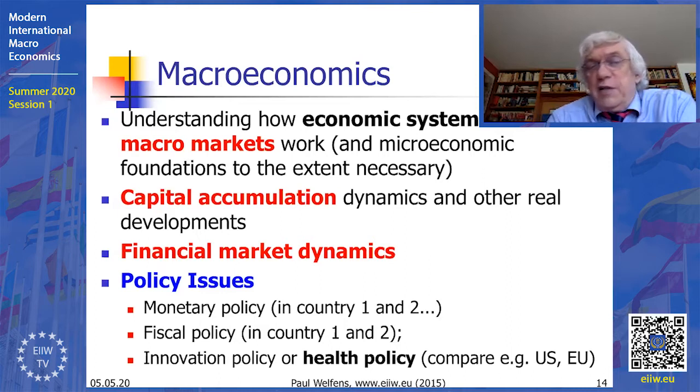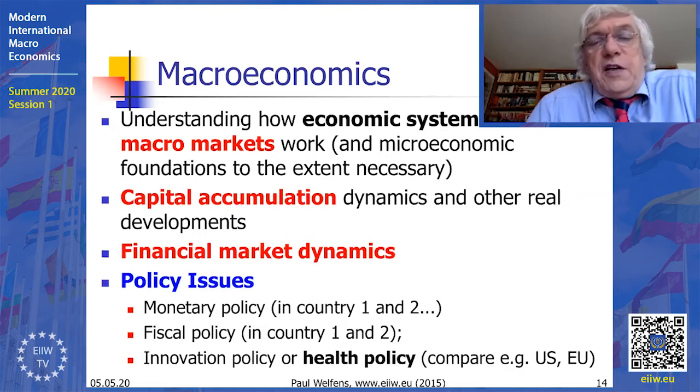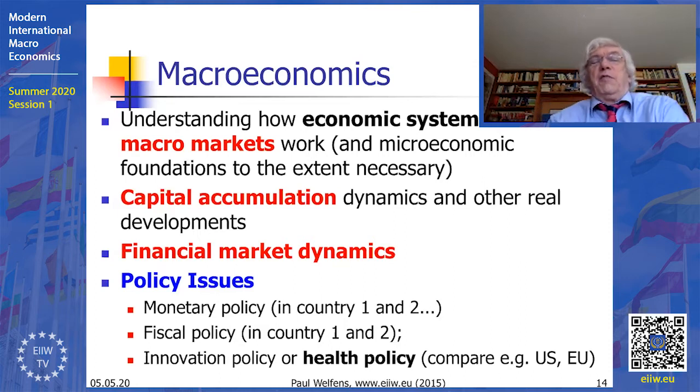We have financial market dynamics where you can have risk premiums, in the sense that risk premiums can occur across countries. So let's say, rating, and that means then the probability of default is considered to be maybe relatively high in country B, while country A has AAA rating and a probability of bankruptcy in the perception of markets, let's say, close to 0. And then, of course, there will be risk premiums in the sense that country B will have to